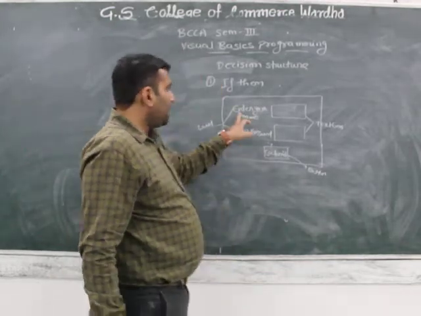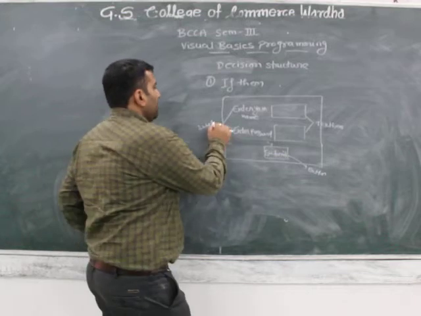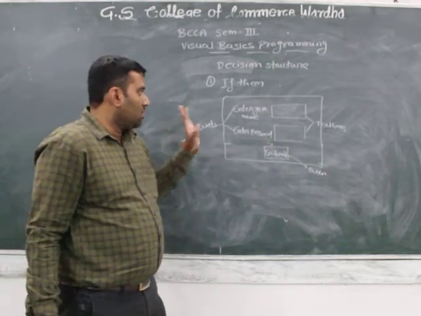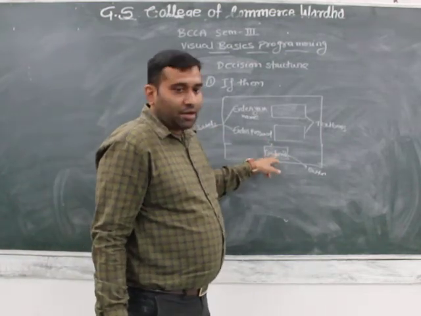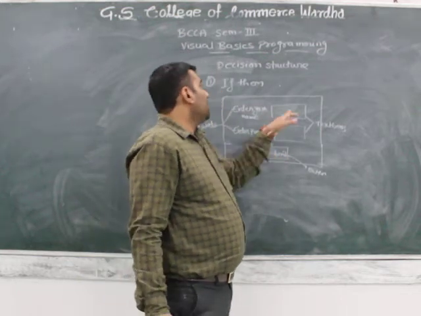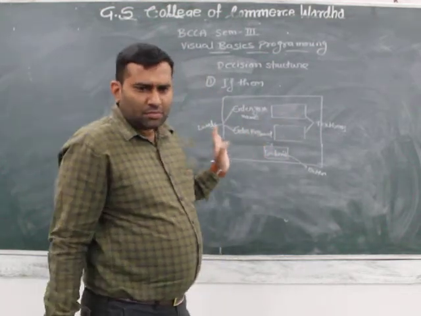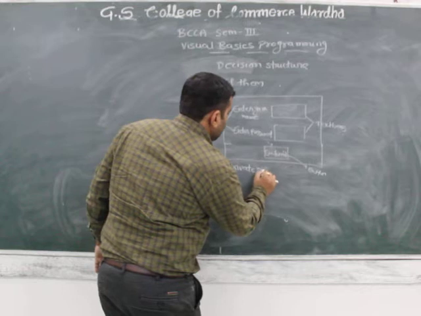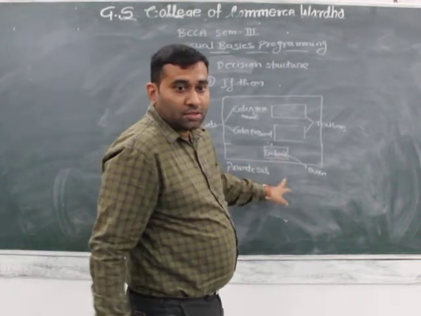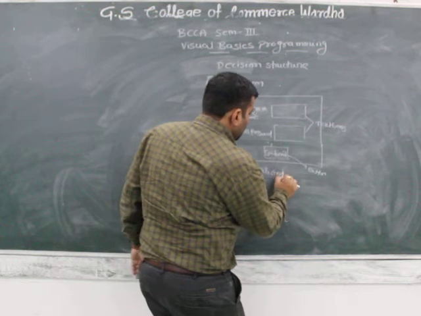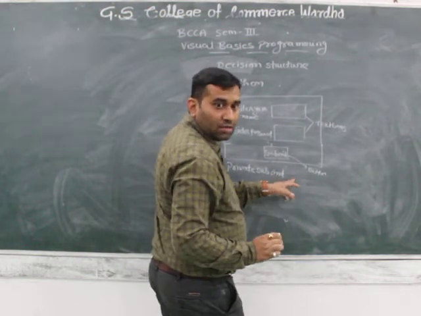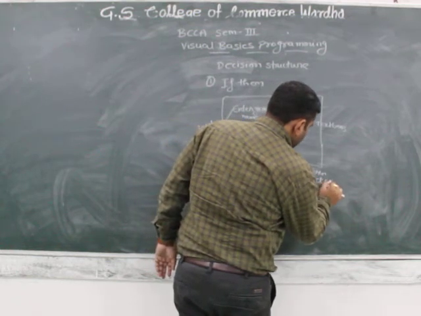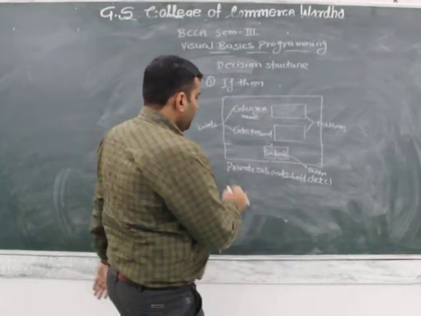Write the code. Here, enter your name and enter your password: these both are labels and they both are text boxes, Text1 and Text2. Write the code on the Submit button. When you click on the Submit button, write the code in Private Sub cmdSubmit_Click, where cmd means command button.